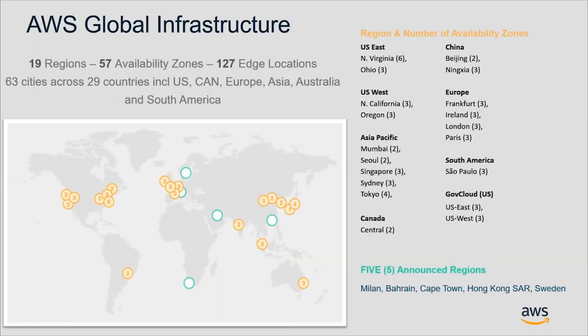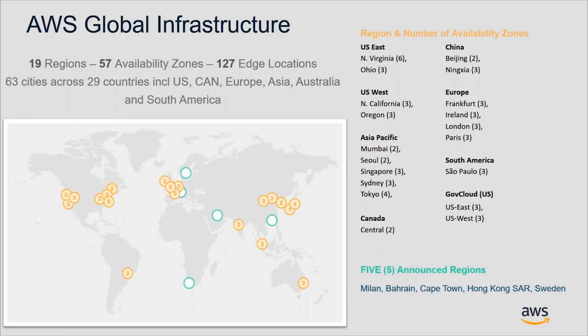Now, as Coy mentioned, AWS spans the globe, and this makes it easy to meet regional compliance and data residency regulations. AWS has the concept of a region. A region is a physical location around the world where we cluster multiple data centers. They're geographically separated into what we call availability zones, or AZs. Each AZ is a data center or a collection of data centers engineered and designed to provide full independence and fault tolerance from other AZs in the same region.